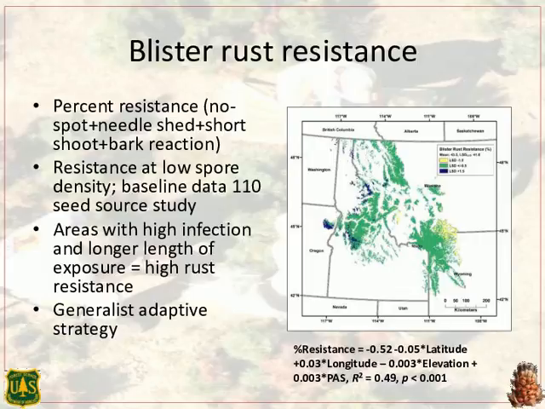So here is one of the first graphics to establish baseline data for rust resistance with very low spore loads. It's data from our 110 seed source study at Coeur d'Alene from 1999 to 2005. We look at 7 different rust resistance traits, and 6 of those traits actually require the seedling to become infected with blister rust before we can assess resistance. So we're not developing the completely rust-free clean tree in our program.